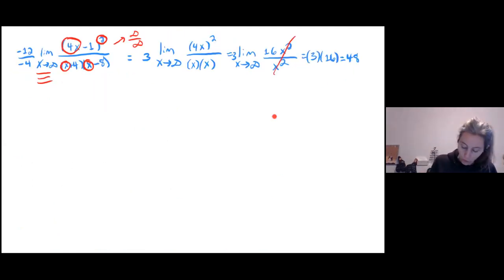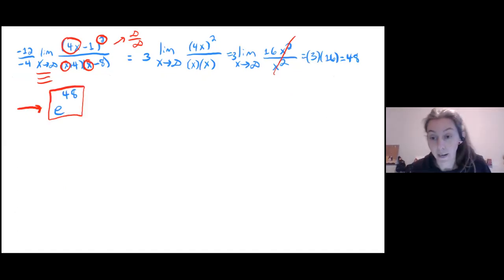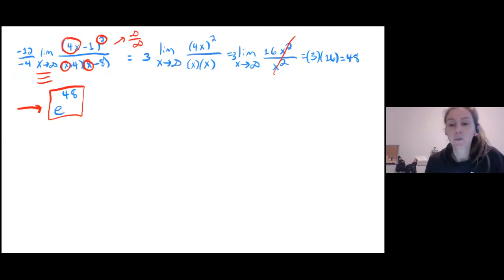Back to the next slide. So that means my final answer is e to the power of 48. Now, that's one way to do this problem. There is actually another way that I could have thought about this problem. So we're going to do this problem one more time using a completely different method, but that ultimately comes to the same thing. So the limit in question here was,